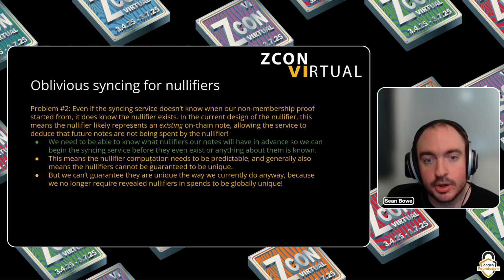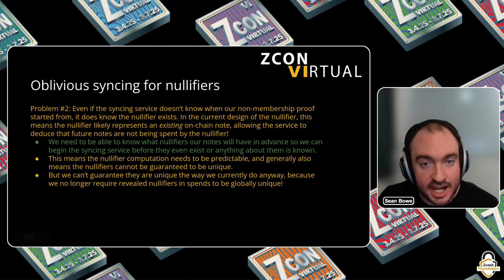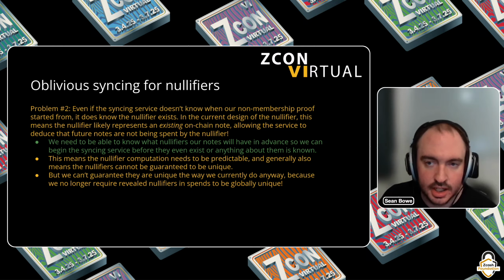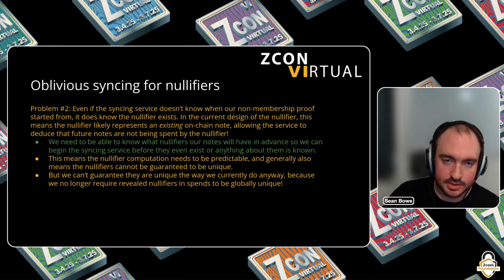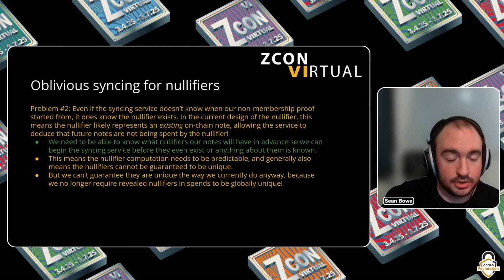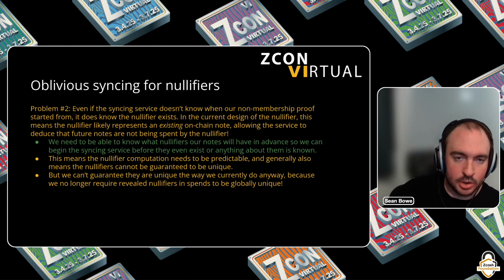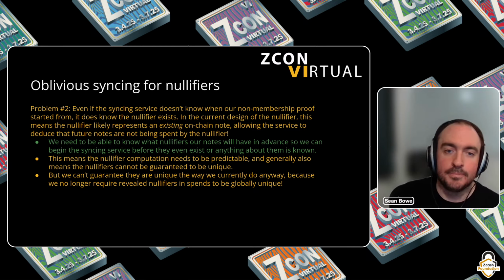There is another problem though, a privacy problem. So the service might not know when you started syncing the nullifier, and we might be able to hide that from them. But once we reveal the nullifier to the service, because they need it in order to check this non-inclusion proof, or to extend this non-inclusion proof for new blocks, if we send that nullifier to the service, and then a week later, a month later, a year later, we spend the note and reveal that nullifier on chain, then the service learns that all the new notes that appeared on chain ever since I gave the service the nullifier, none of those notes were spent by that nullifier,